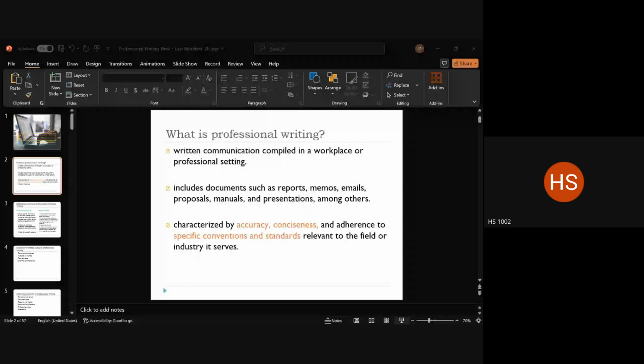And the last part is adherence to specific conventions and standards. This is also another feature that you will see across all professional documents. And this could include anything starting from the size of your document to the format of the document, right? Every company, for example, either follows a general format, or some companies have their own formats and their own templates to run certain things. Sometimes there is a universal standard, right?